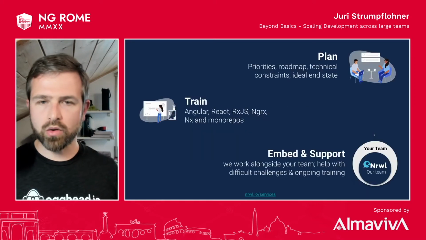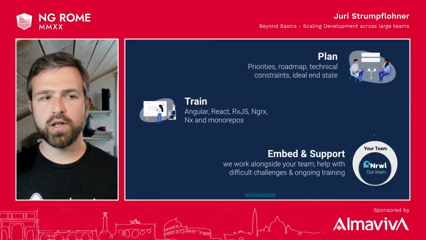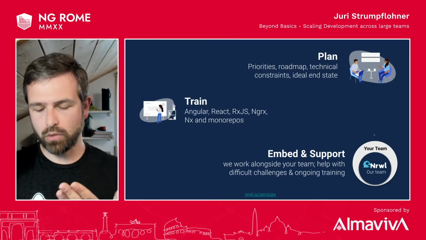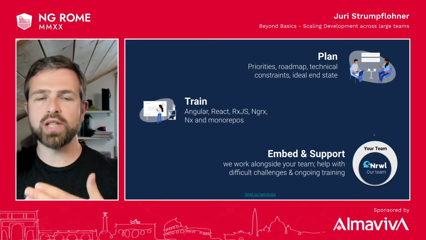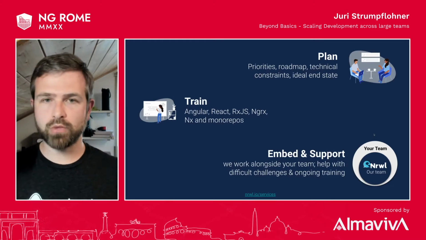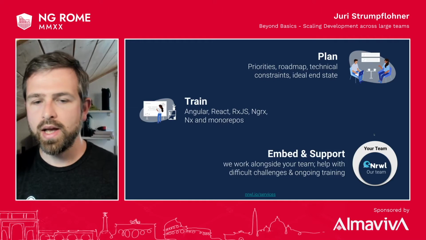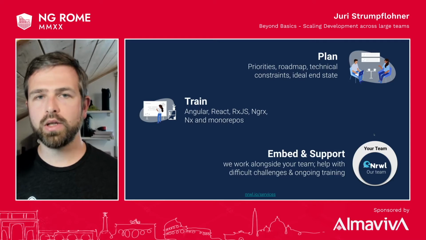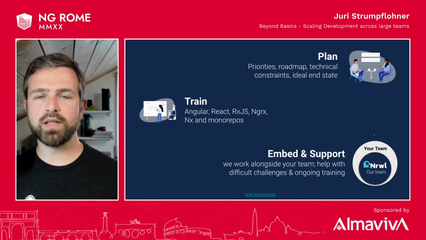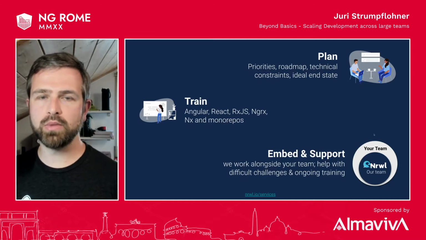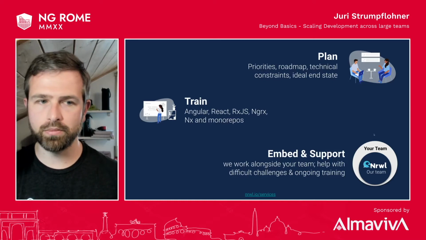Our usual approach is to plan together with the team, help them define priorities, and define the technical constraints as they come along. We also provide, of course, training, on-site workshops and remote workshops, or talking at conferences like this one or in webinars. The preferred approach is to be embedded into the team. We try to work for a longer period with companies and work alongside their teams because usually it's not in the workshops where you face the big challenges, but as you go, right? So when we are on the team, we can provide training as the team goes ahead and we can help them tackle difficult problems.